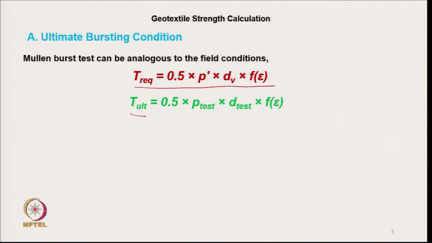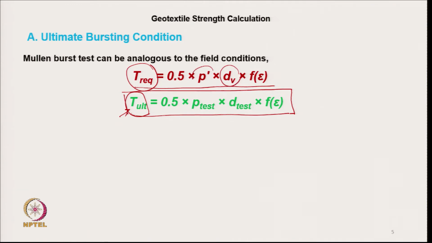So, T required is related with the field condition, and T ultimate is from the laboratory testing. So, we know the ultimate strength of the geotextile, and during application we know the required stress. If we know the diameter of void and the pressure applied on the geotextile, this is the minimum required stress,